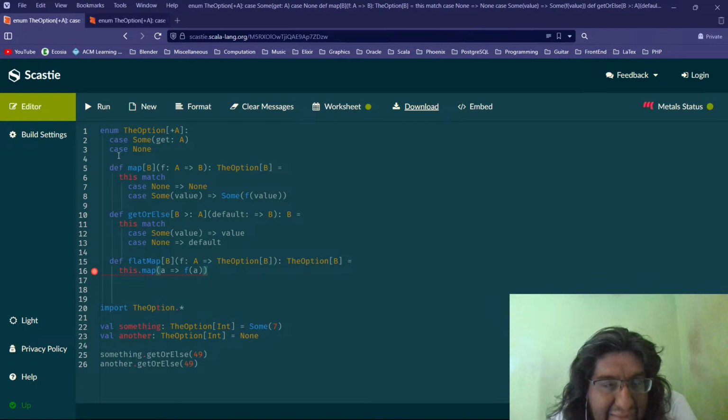But we have a map which expects it to be, and we have getOrElse that extracts the value. And if it's not,